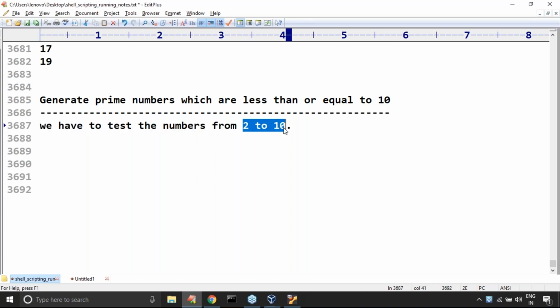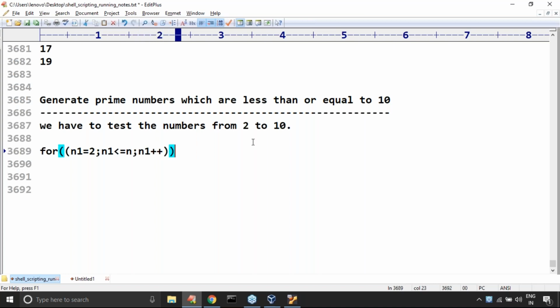So 2 is prime or not, 3 is prime or not, 4 is prime or not, 5 is prime or not. We have to test. Observe very carefully. Correct or not? We require to test whether these numbers are prime numbers or not. Let me take one for loop, sir: n1 is equal to 2, n1 less than or equal to n, assume that 10 means n, n1 plus plus.